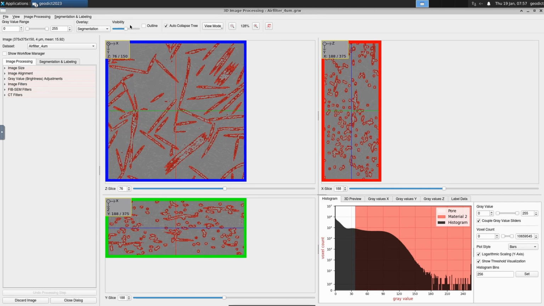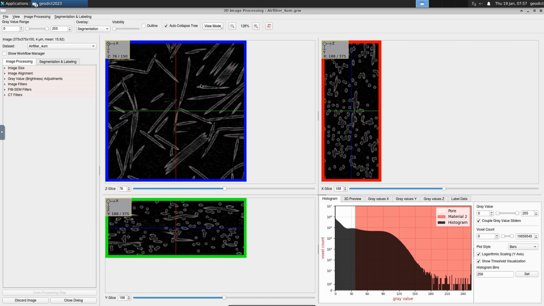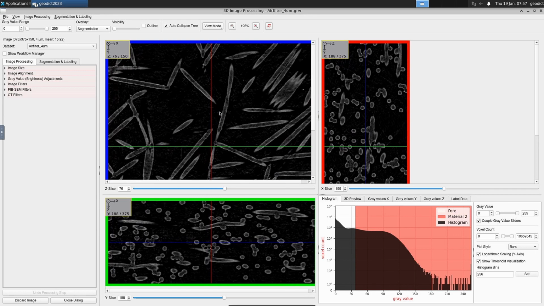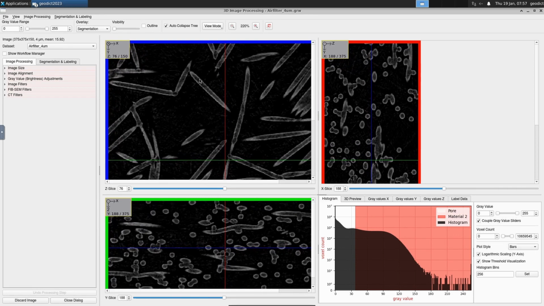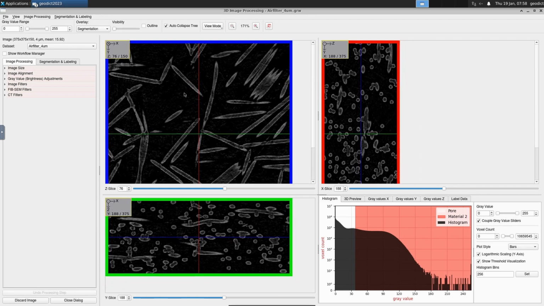At first I will turn the visibility slider a bit down up here, so that we can see a bit better what's inside. This is an air filter structure with fibers, and you can see in here that the fibers are a lot brighter at the boundary and very dark on the inside. So it looks like they are hollow, but in fact they are not hollow. That's just an artifact of the CT scanner here. And we now want to segment this structure so that the fibers are segmented correctly.